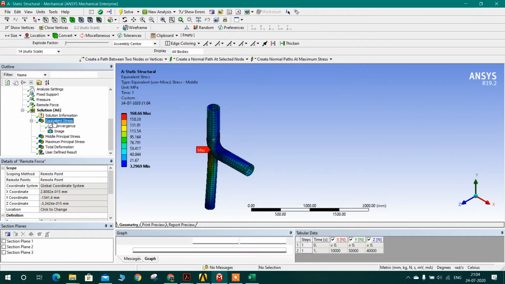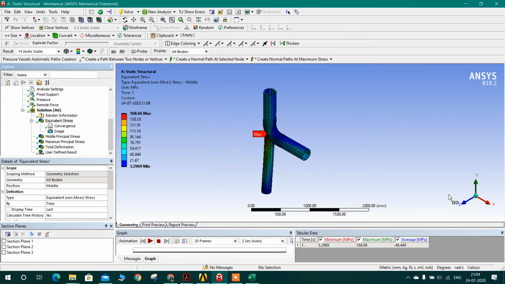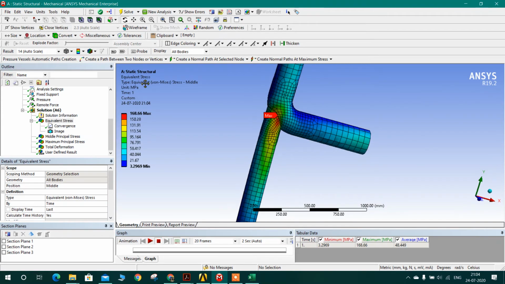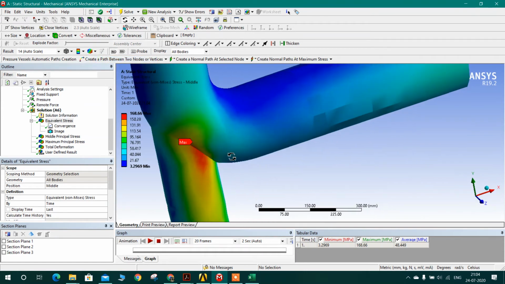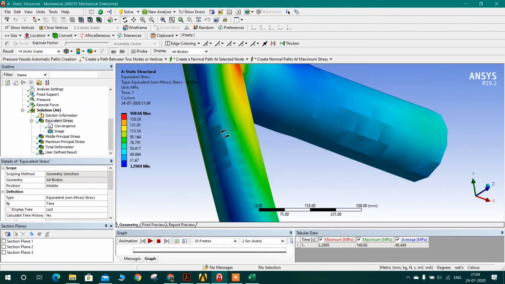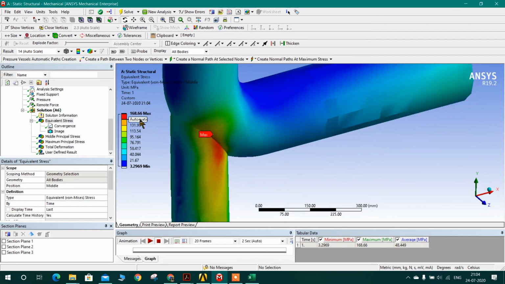The equivalent stress which I'm getting in this region was quite expected, and it is around 168 megapascals in the middle membrane.